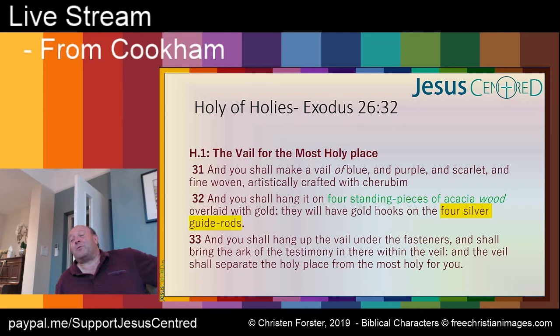So it's just a description, of course. So we're making another curtain, and it's just like the outside one in terms of its fabrication. And you shall hang it on 4 standing pieces. This is where I've got to rethink through some of my translation. Some of the word that is used, I think, in the King James, it refers to these as poles. No, it's not poles. Can't remember what. But they're actually the same as we're going to see the pegs that hold up the outside tent.